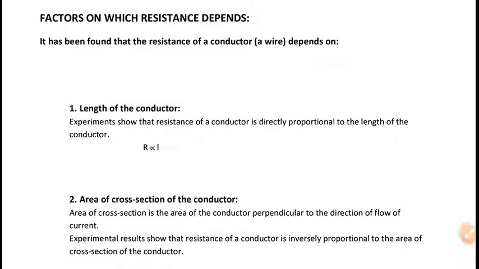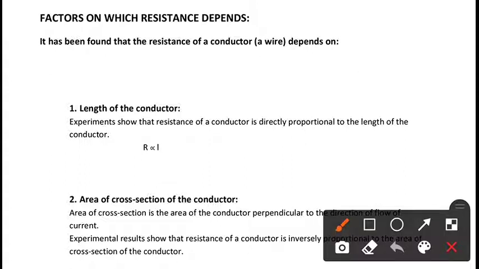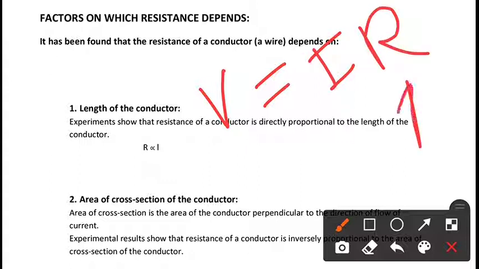Hello everyone, this is the topic factors on which resistance depends, and in the previous class I explained to you the expression V is equal to IR. There I told you that this R is a constant, and this constant is called the resistance of a conductor,